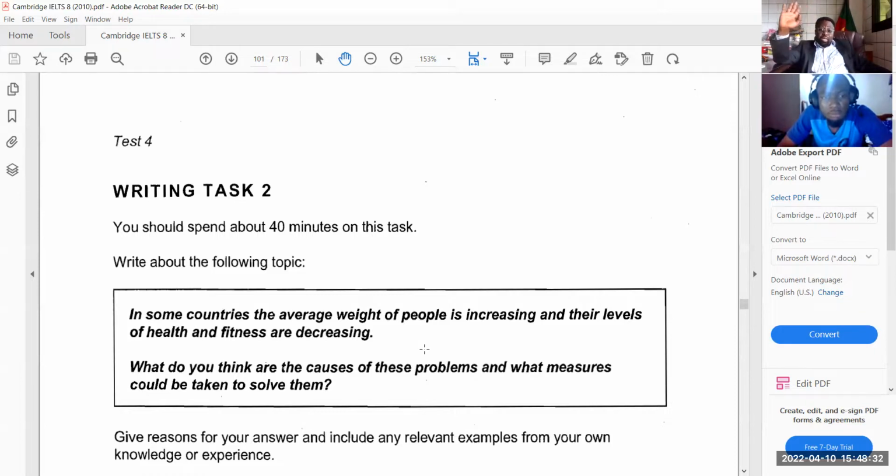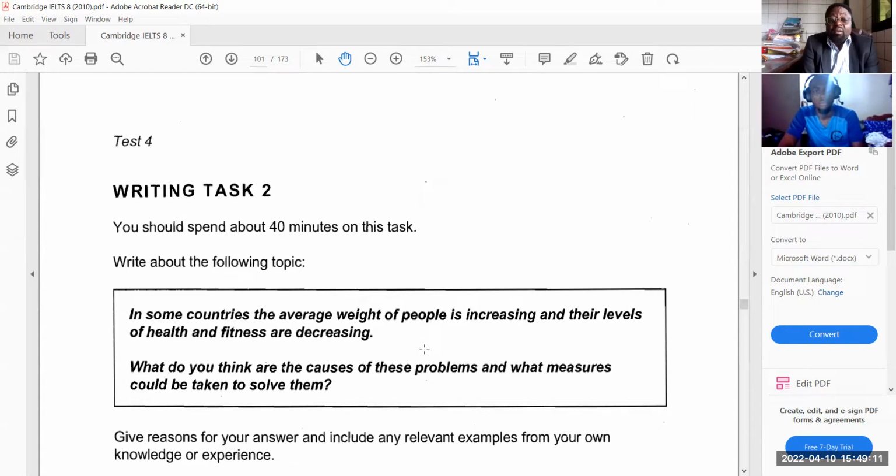Good. All I just wanted us to see is that you shouldn't always think that there is one question type for Task 2. The first one was parents, school, make good citizens, discuss both views. Here, they want you to discuss the causes. Yes, it's completely different. Good. They want you to discuss the causes